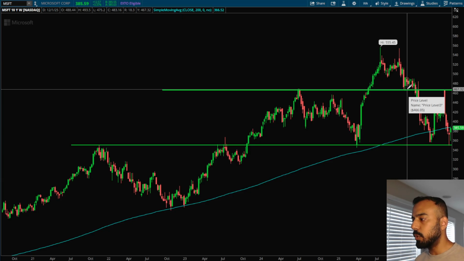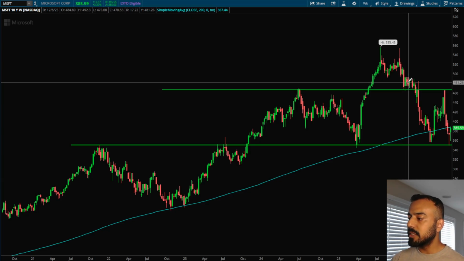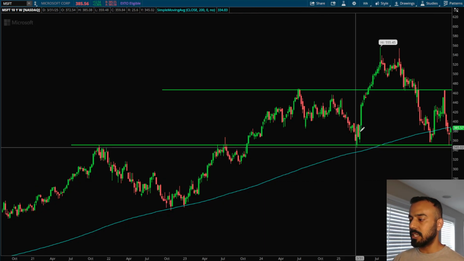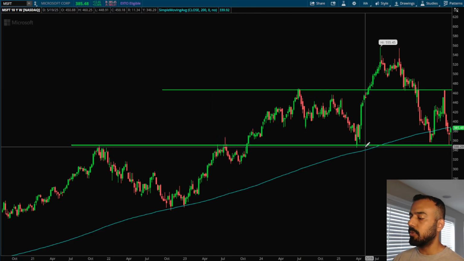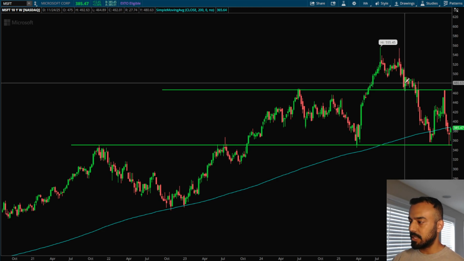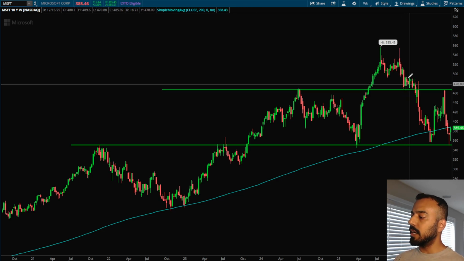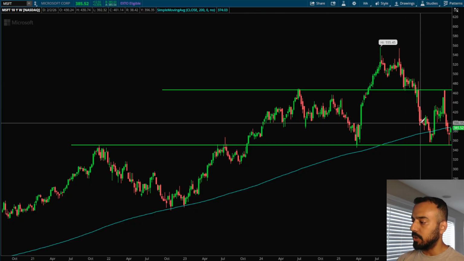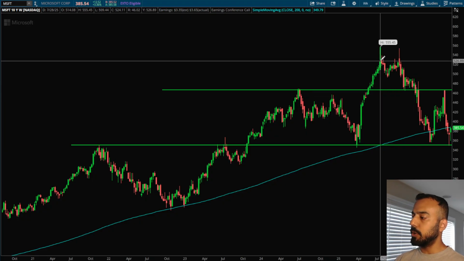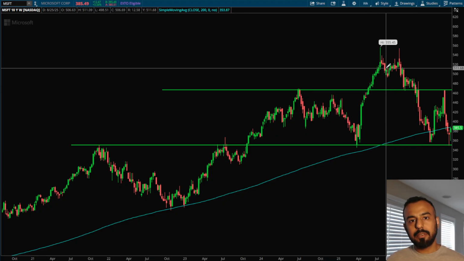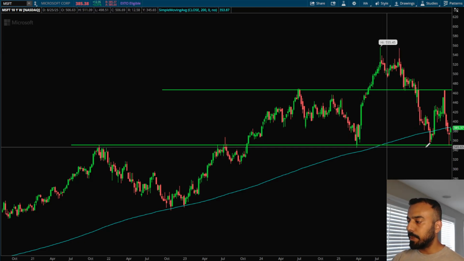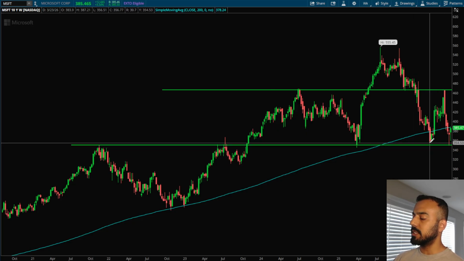Now, here's where I want you to pause and understand something. If we held this level and bounced back up again, we could have created another stair-stepping level just like this one, because we created two highs here, broke above it, came back to retest 350, and then went higher. And we could have done this here again. But what happened is that we got this massive green weekly candle, went sideways, and then dropped right under it. This shows that the buyers tried to push it higher, but the stock doesn't have enough strength to keep going higher. So once we flushed lower, notice that we came back to the similar levels of about 350, 360 area,